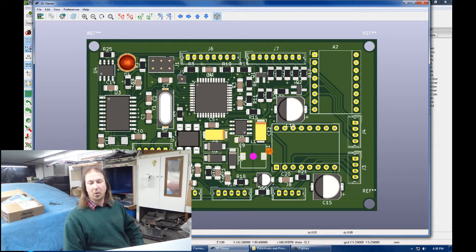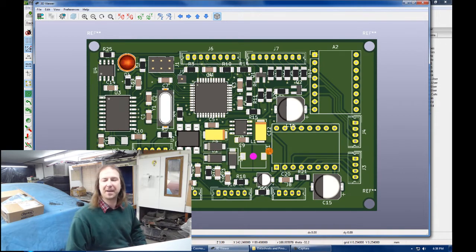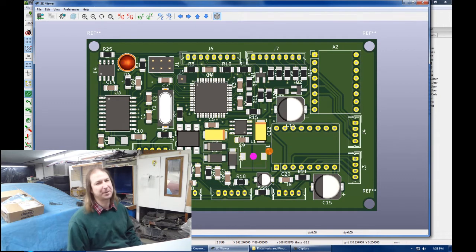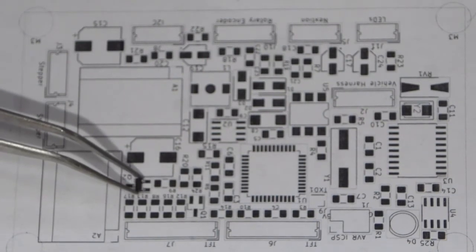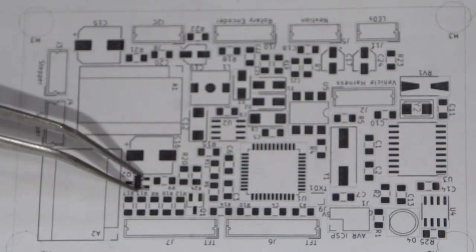Okay, then what I can do is send that out to be manufactured. There's about a 2-week turnaround from China. A little bit longer right now because there seems to be a virus. But in the meantime, I do have a bunch of stuff left to do. I've printed out a copy, and before the board goes out to manufacture,